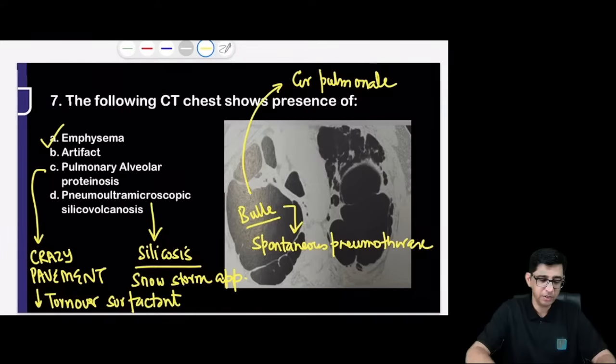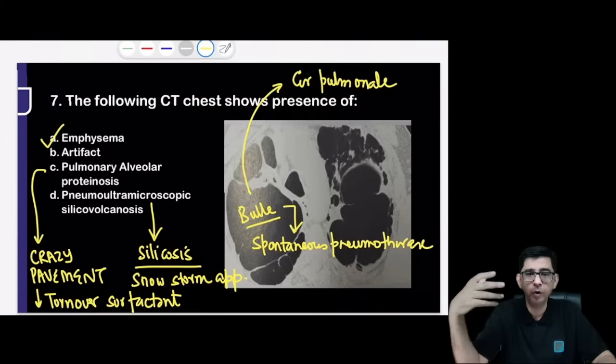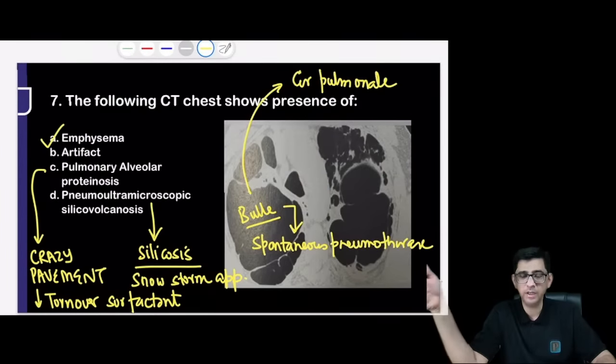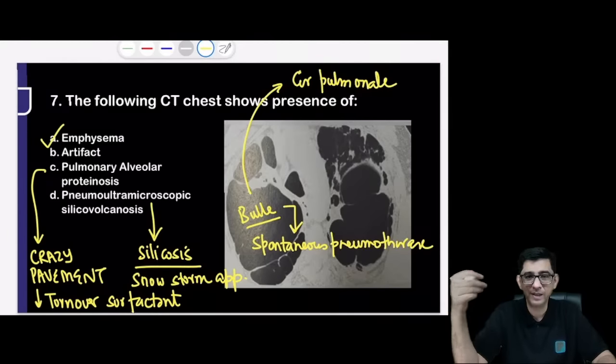How to manage a sudden bulla rupture? A doctor will first have to estimate the volume of pneumothorax that has occurred in a patient. If it is a small pneumothorax, don't treat, I mean, monitor the patient and give supplemental oxygen. And if it is a large pneumothorax, more than 50%, you will have to do a needle aspiration,